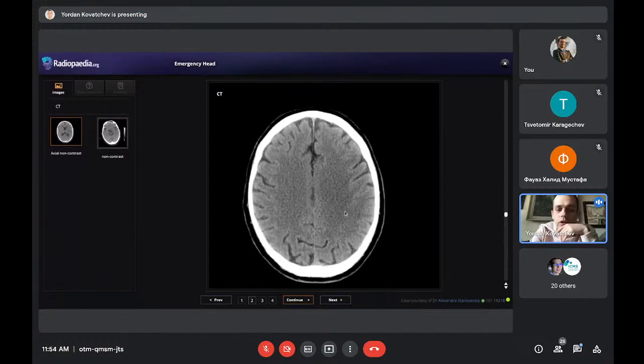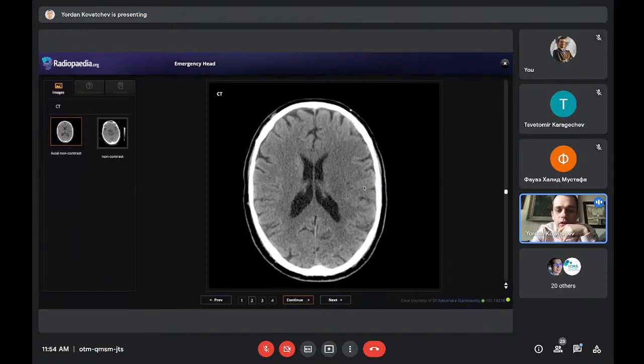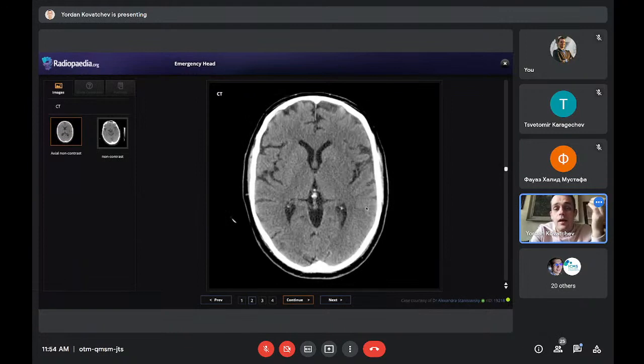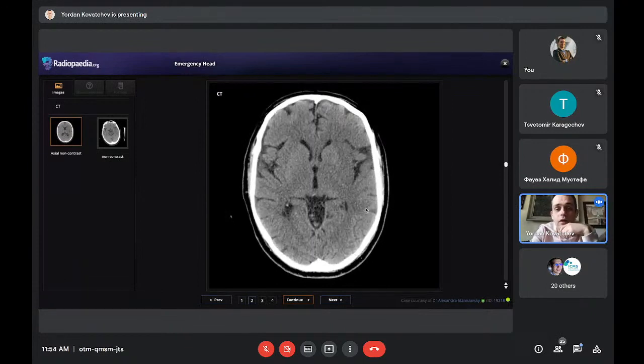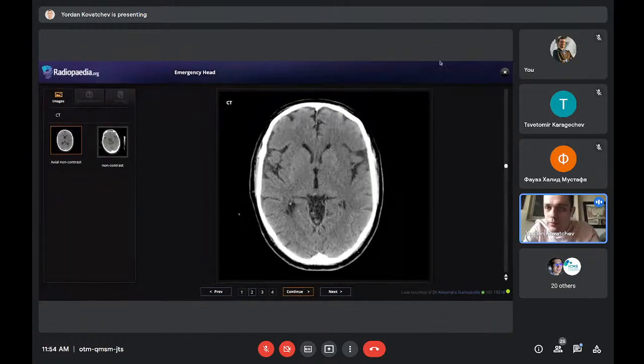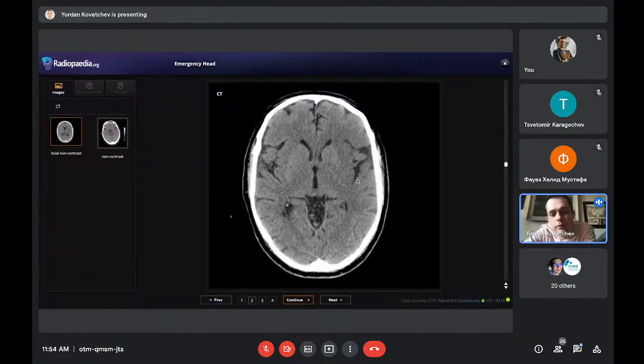And we go down, everything seems normal here. There is no effacement of the gyri, so we don't see any edema here. But we get to the level of the basal ganglia, and I told you this is really important to our talk. At the level of the basal ganglia, at first you might not notice something, and I'm not looking at the chat, but if someone says it, I'll be really happy, because it means you have some interest in neuroradiology, and this is the first thing you will learn.